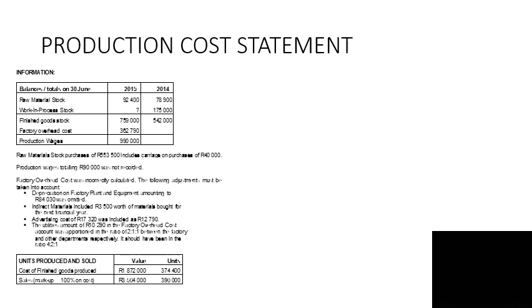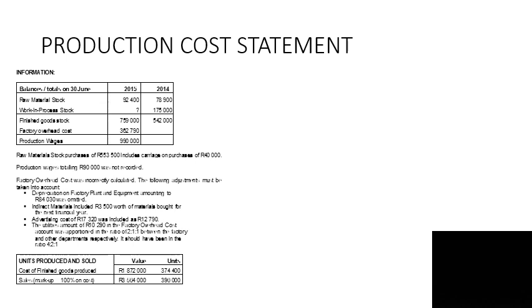Then balances and totals on 30 June 2015, raw material stock 92,400, work in process stock unknown, finished goods stock 759,000, factory overhead costs we are already given 362,790, production wages